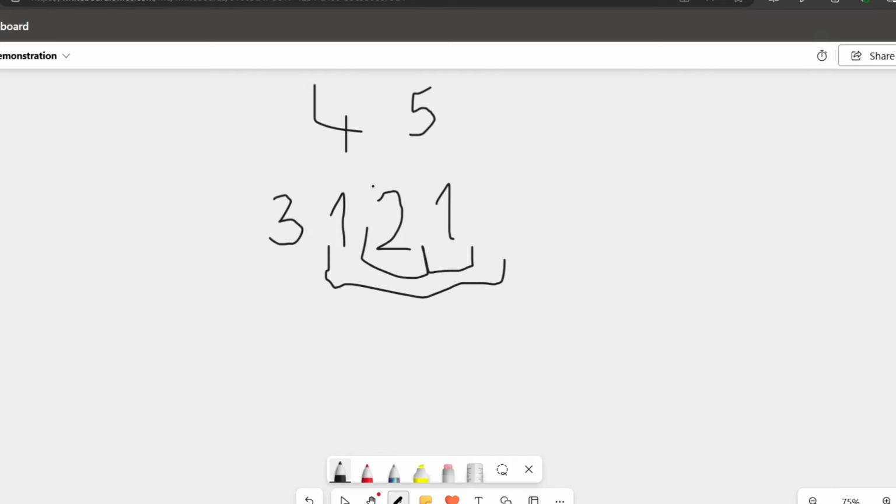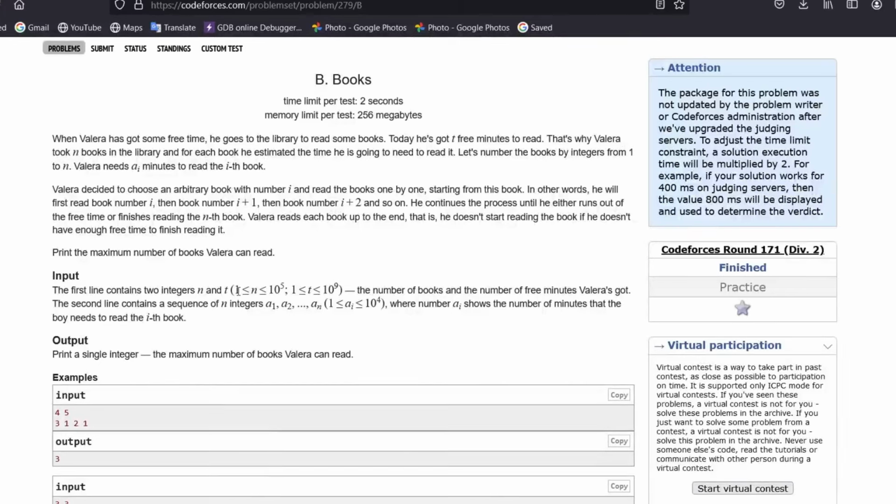This 2 and 1 is a substring of 1, 2, and 1. So unless the first number is negative, it would always have to be less or equal to this original string. But it can't even be equal to it, because if we look at our limits, our n is always going to be,